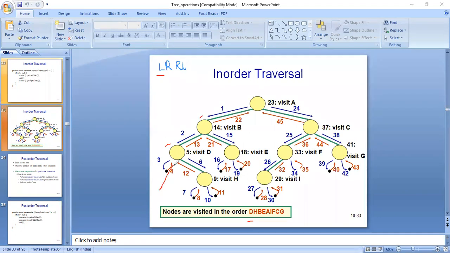Though it is not having any left. You can check over here. It is not having any left. So we are skipping that. After left, we have to visit the root. Root here for this subtree. Root will be what? D. D will be the root. Left it is not having, and right will be H. Alright. So that is why we have written D and then H.